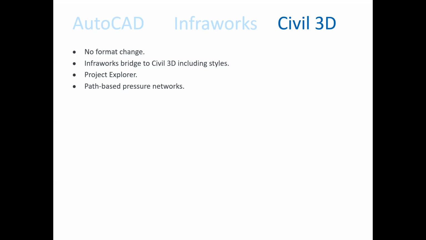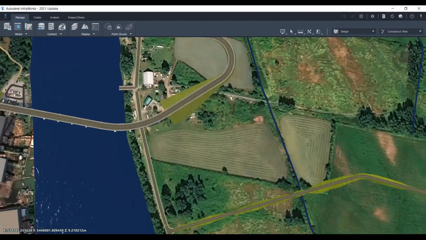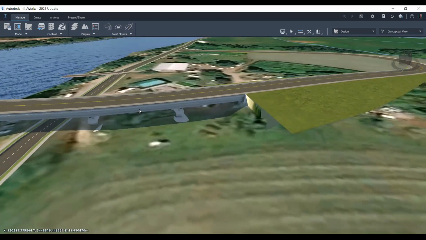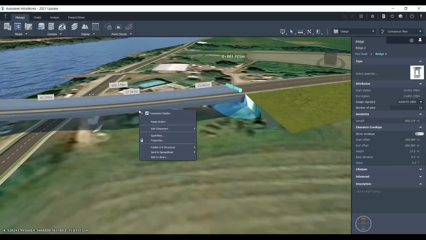So let's talk about bridges first. I need to share my InfraWorks one more time, just briefly, because I need to show you how to get a bridge out of InfraWorks. All right, so there's a bridge here. And by the way, it's not just out of InfraWorks and into Civil 3D, it's out of InfraWorks and into Civil 3D or Revit. So I right-click the bridge and I choose Publish Civil Structure. And I'll create a new one or update an existing one. So create new essentially